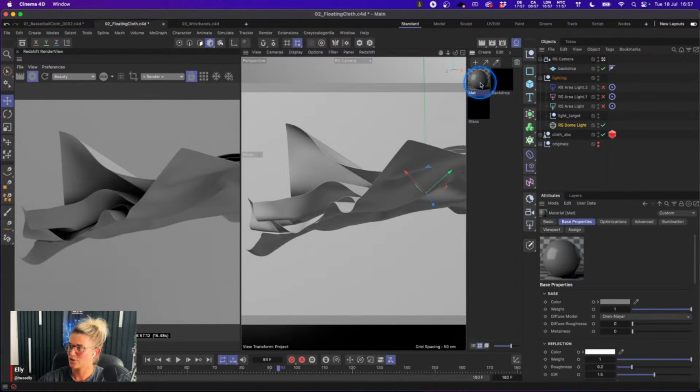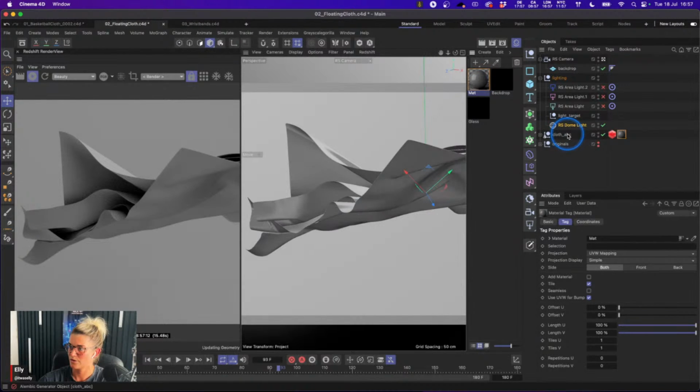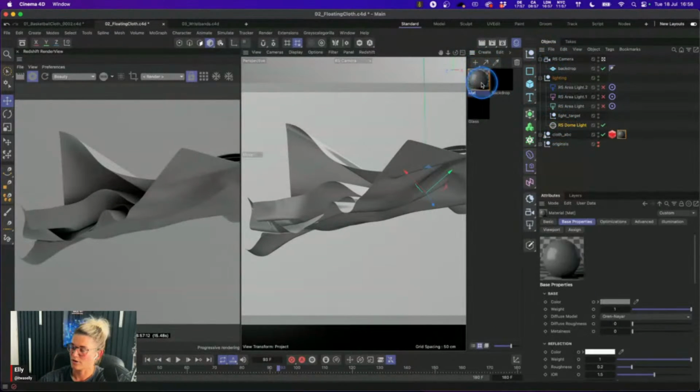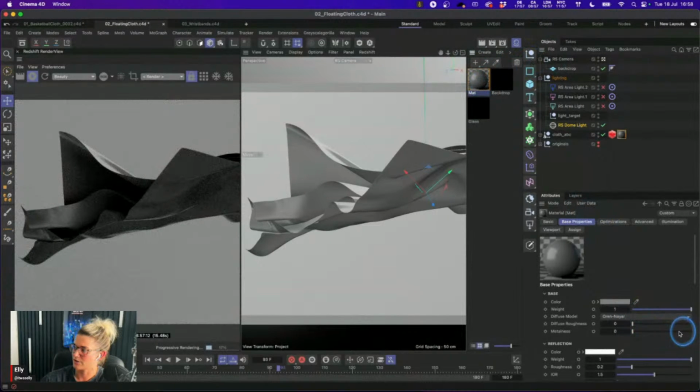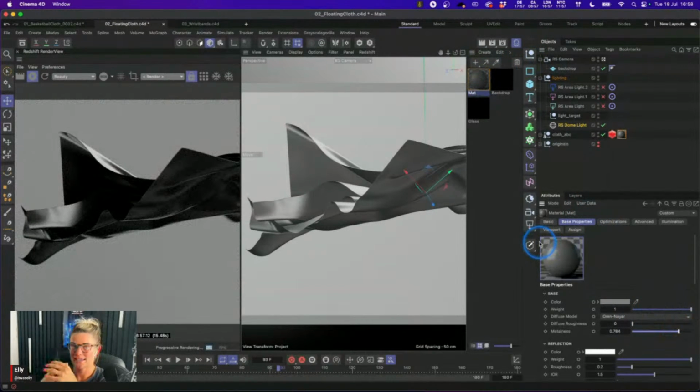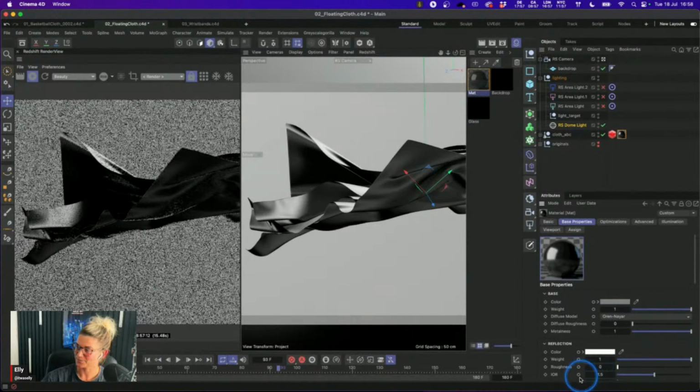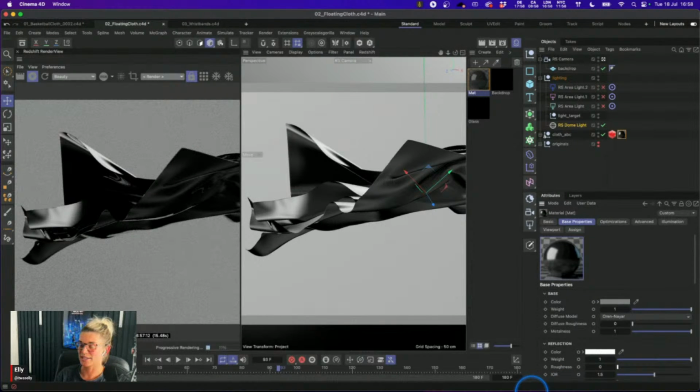And I actually just threw a metal material over the top. This is going to give you a visual idea of what your reflections look like, because as we know, metal is very shiny. So if I switch that off, we can see this is the kind of reflections and lighting we're getting from